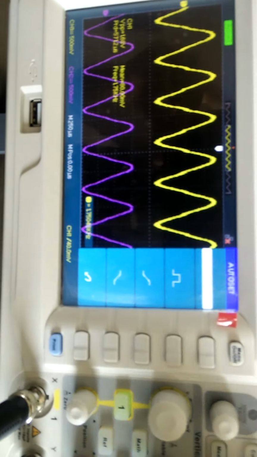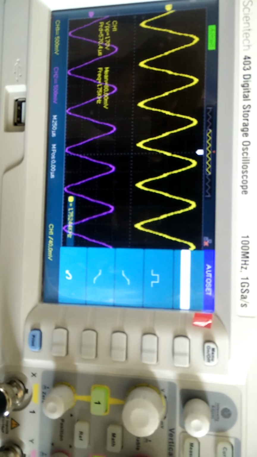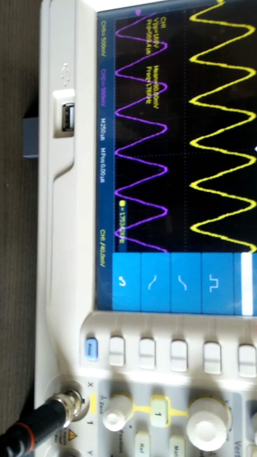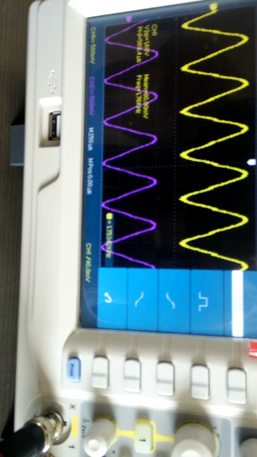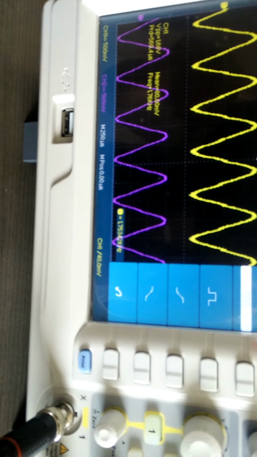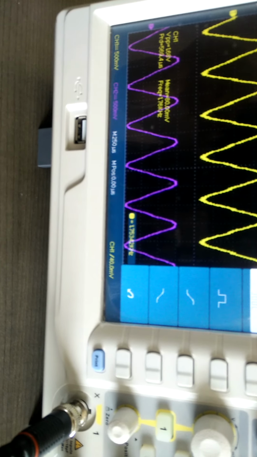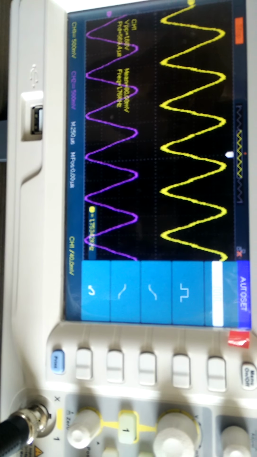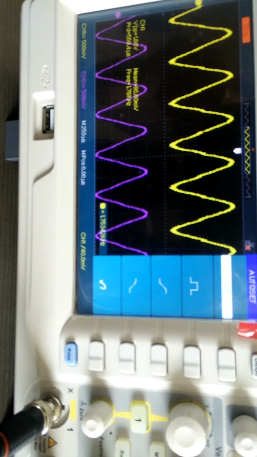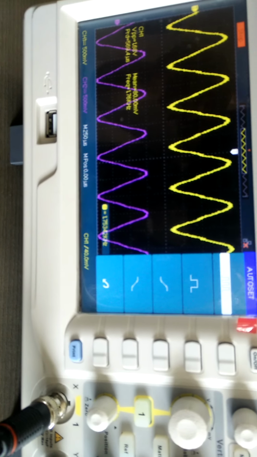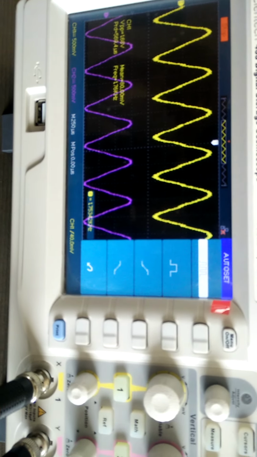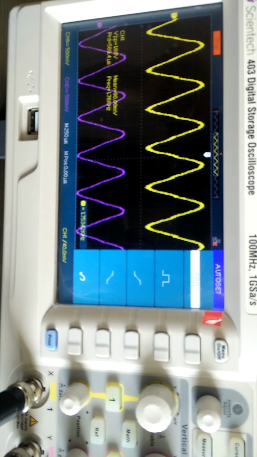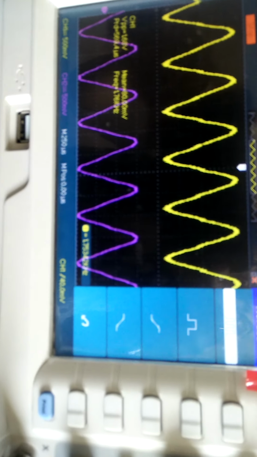Yes, so you can see the input on channel 1 and the output recovered signal from the digital received data on channel 2. So both are quite similar. So through PCM we can transmit an analog signal in digital form, and at the receiver side from that digital data the analog signal is recovered.